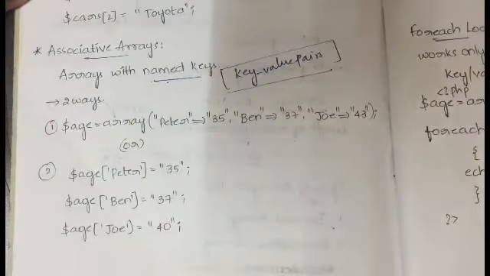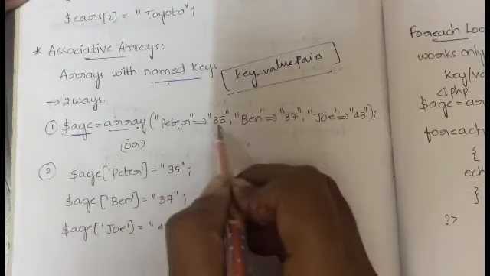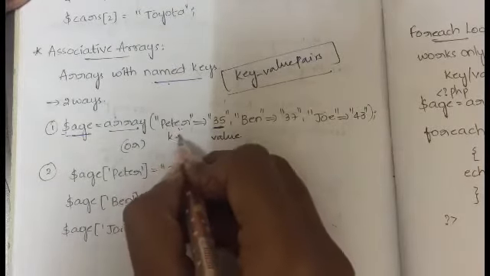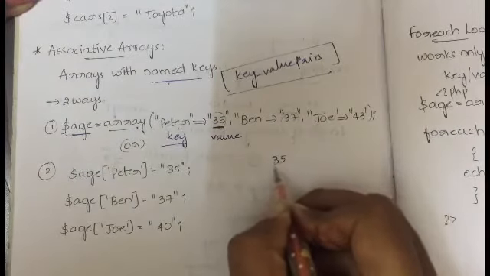So $age, this is the name of our array, and we are using the dollar symbol because in PHP we use the dollar symbol to declare a variable or to declare an array. Of course, the array is also a variable, right? It is a variable which can store many values. Array is the keyword that you use to create an array, and inside it Peter 35, which means the age of Peter is 35. This is the key and this is the value. So whenever you print an array you will be getting these values only, 35, 37, 43.